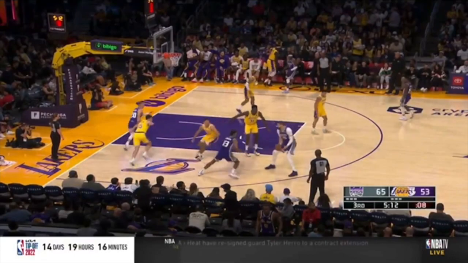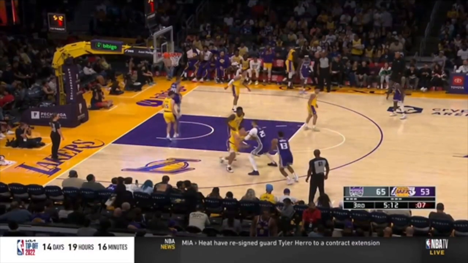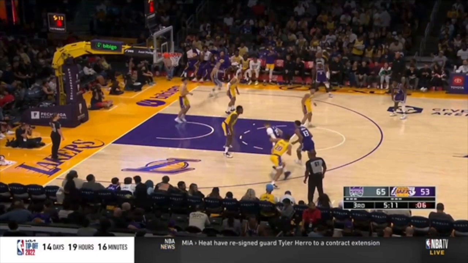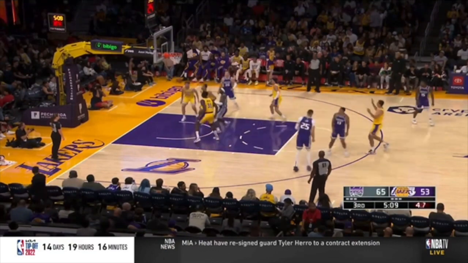2. Stop running drop coverage on ball screens. Get up. Push this guard out of the lane. The second he hesitates, picks up his dribble, brings his dribble back, which is going to be in less than a second because the sideline's right there. Okay, I can recover. In the meantime, backside help comes from right here. This Lakers player here can occupy these Kings players 2 passes away. But instead, you give this guard the lane again, and it's a wide open jumper.